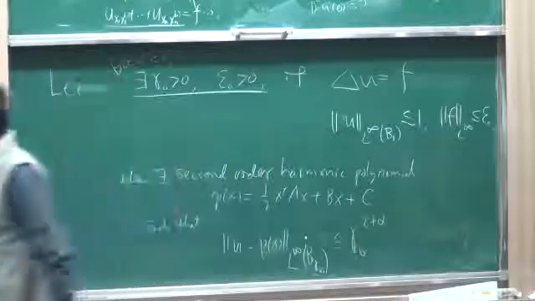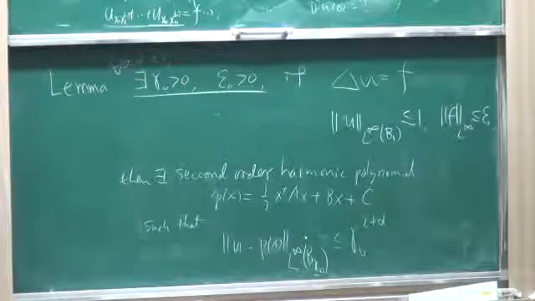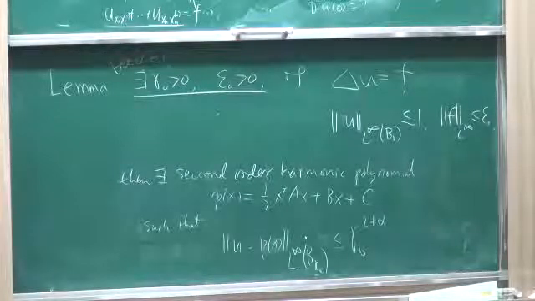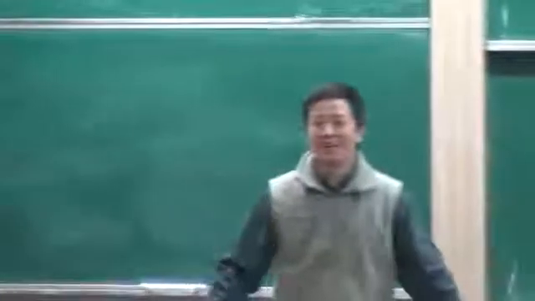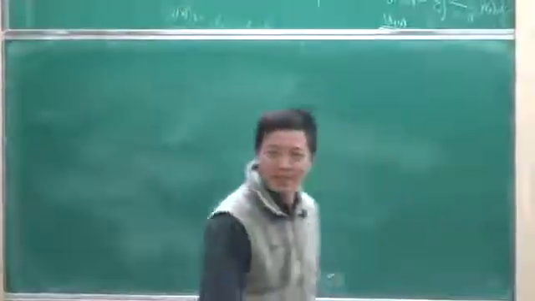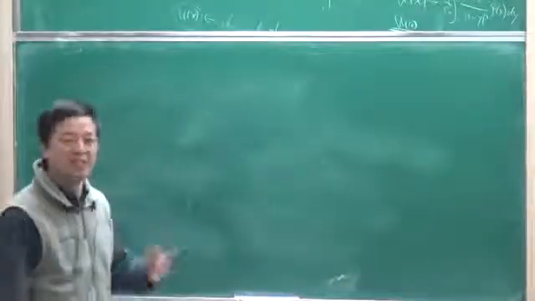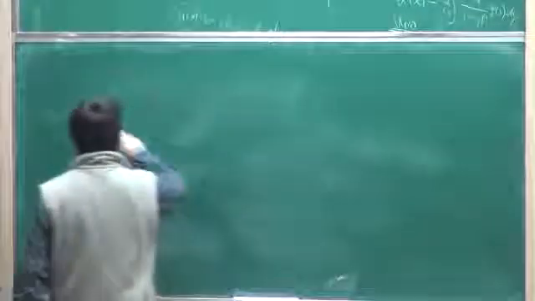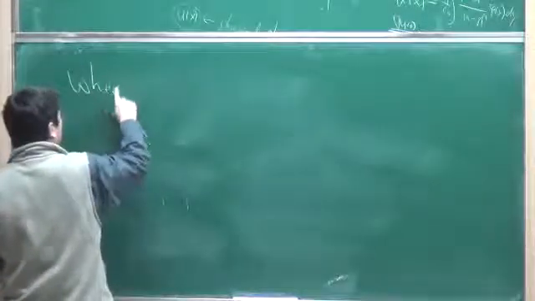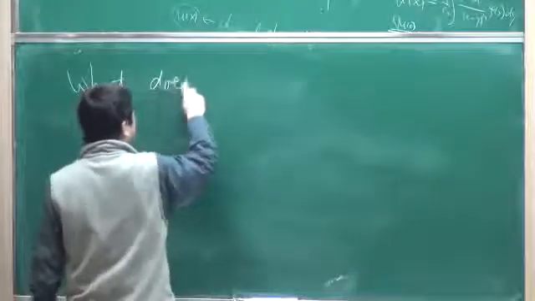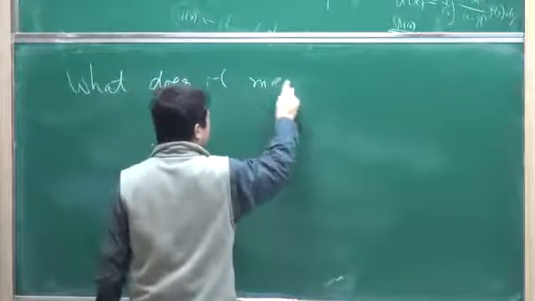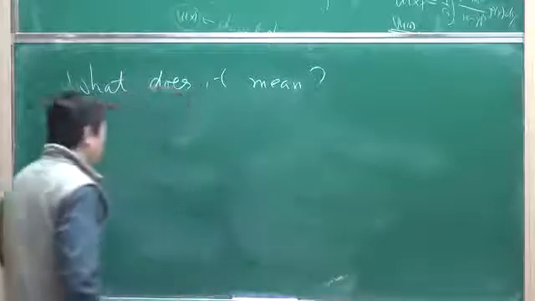Although that is stated very clearly, let me draw a picture and almost convince you that once I have that, I'm done. Then I will show you that the proof is actually trivial. You can do it in 2 minutes. But the consequence of it is pretty deep. So first of all, what does it mean? It means the following: